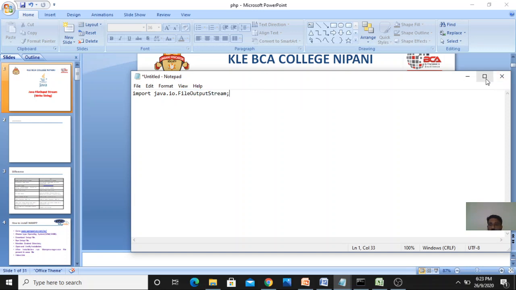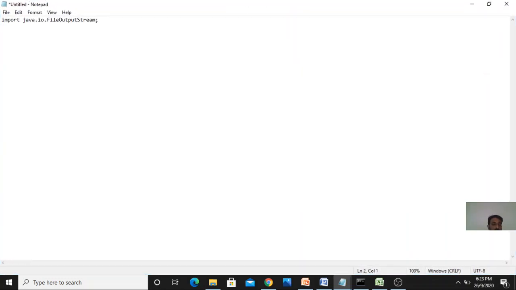Okay, so I will just make it maximized. I will create a class, public class FileOutputStreamExample. The class has one opening brace.